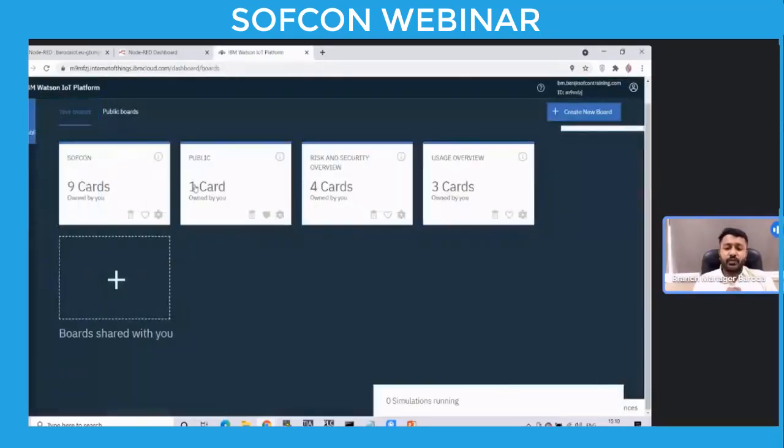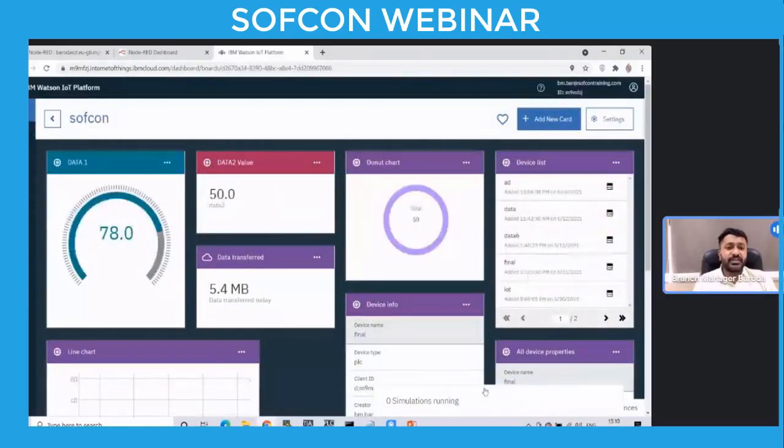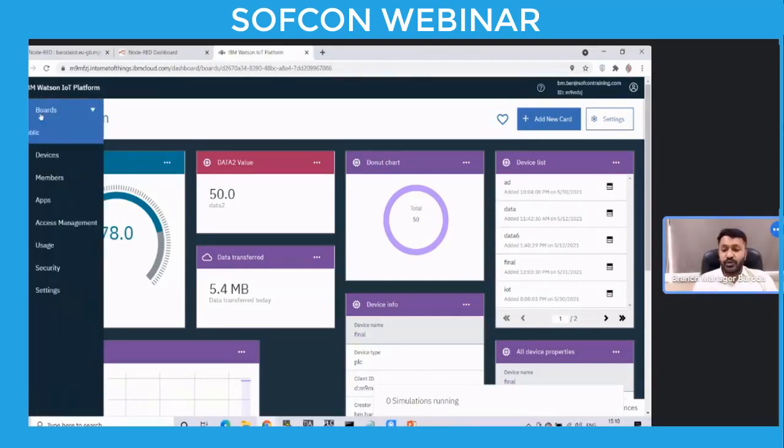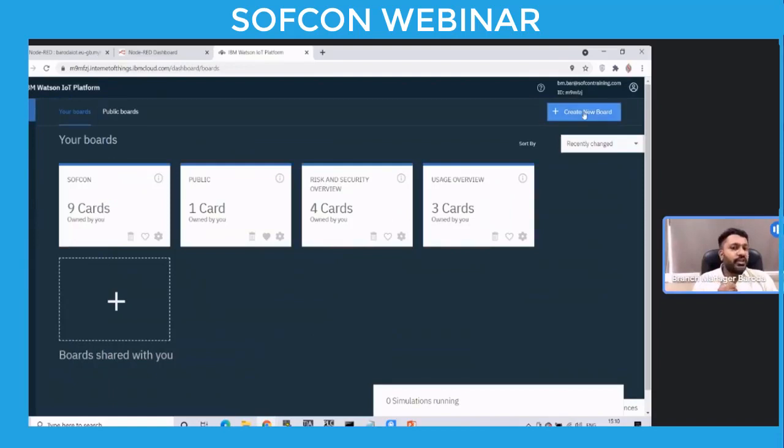Then what I have shown you, like I have given an example of this, right? This is my dashboard. That's called a dashboard. IBM Watson Cloud dashboard, where you can monitor your process, where you can monitor your data. So right now you can see I have values like this. Okay. So how you can create your own dashboard. For that you have to go over here in board, and you have to create a new board like this,